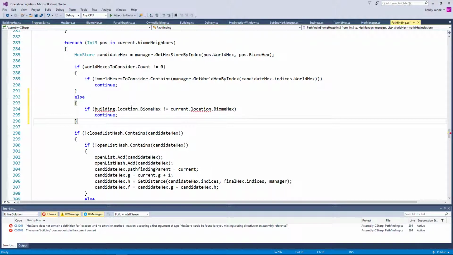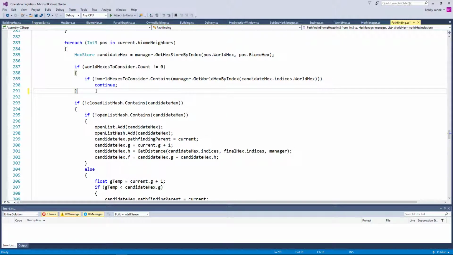If building.location.biomehex is not equal to current.location.biomehex, we continue. So if world hexes to consider.count is not equal to 0, if world hexes to consider does not contain manager.getWorldHex by index candidatehex.indices.worldhex. So if we